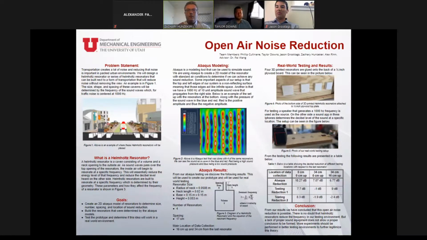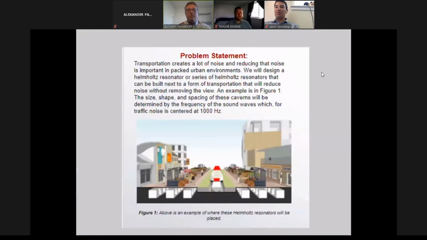So we are the Open Air Noise Reduction Group. In our group, we have Philip, Taylor, Jason, Zachary, and Alex. And our advisor for this project was Dr. Pai Wang. With this project, our main goal was to look into how we can reduce noise around